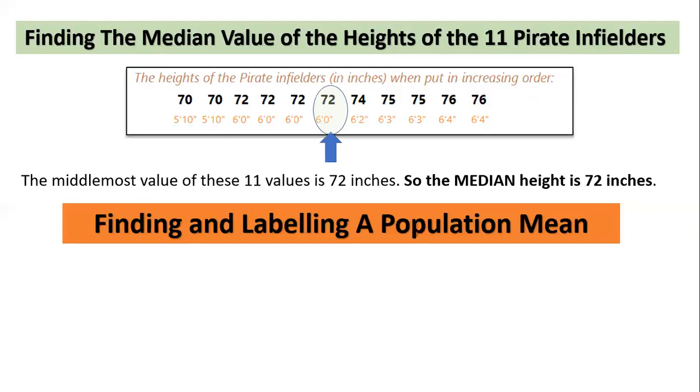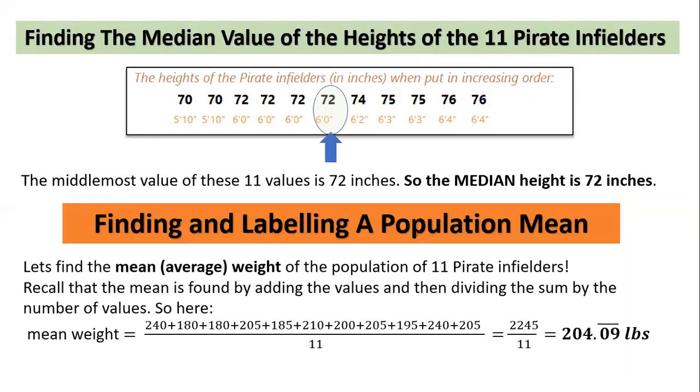Now let's take a look at an example of finding a mean: the mean for the weights. How would we find that? Well, remember that the mean is found by adding together the values and then dividing that sum by the number of values. In this case, the weights were 240, 180, 180, 205, and so on and so forth. When I add together those 11 weights, I find out that altogether the pirate infielders weighed just a little over 1 ton,